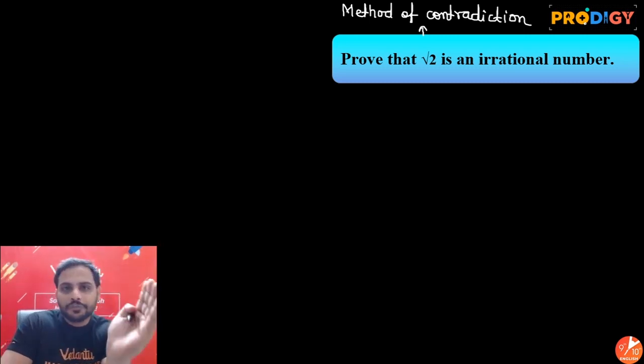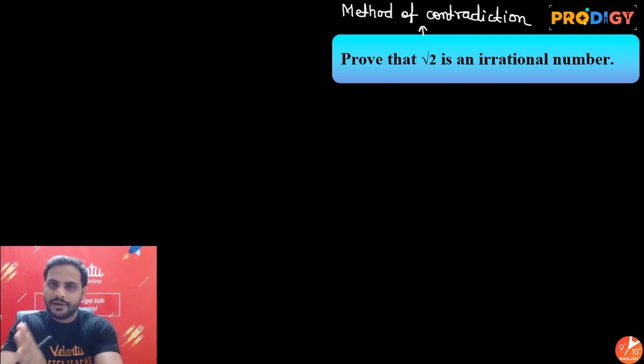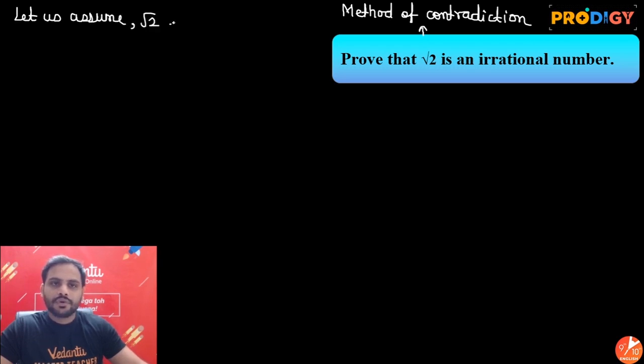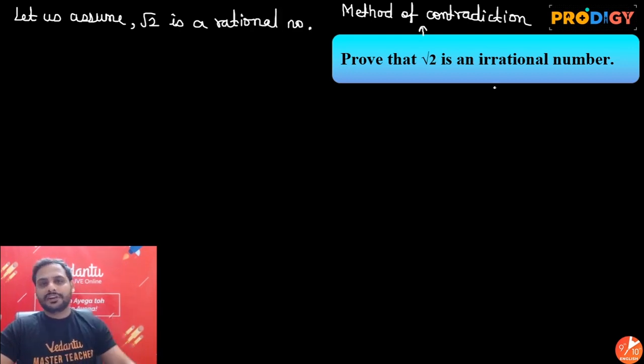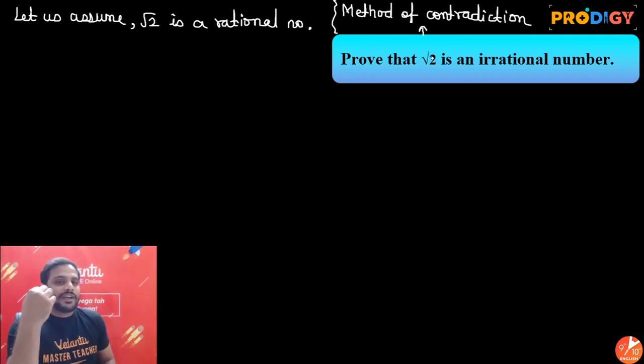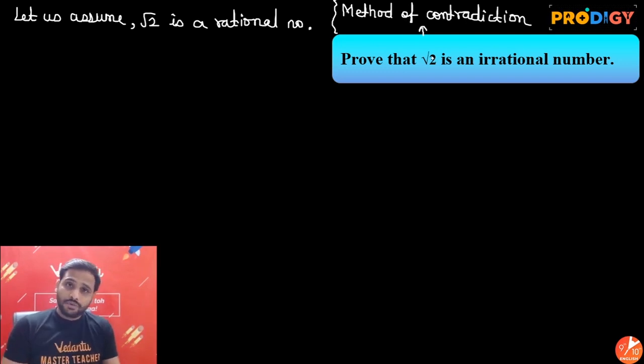So if I have to prove root 2 is an irrational number, I will assume the opposite, that let us assume root 2 is a rational number. Whatever I want to prove, I assume the opposite of it. What happens by that? Now if I have assumed root 2 is a rational number, I know root 2